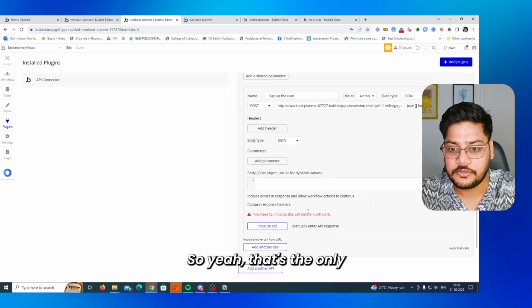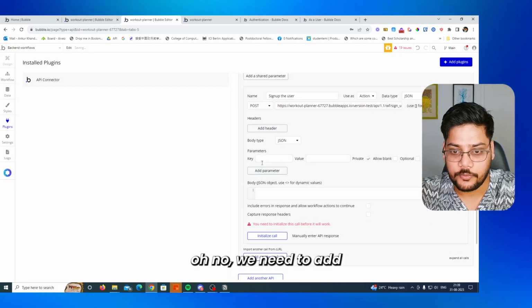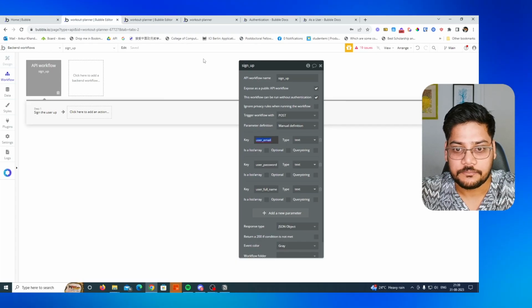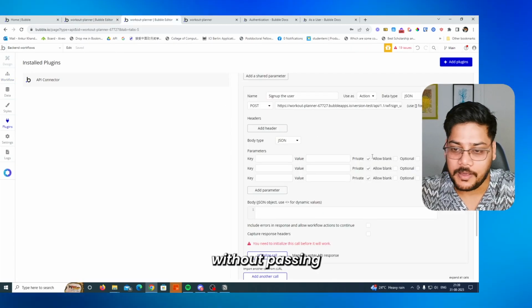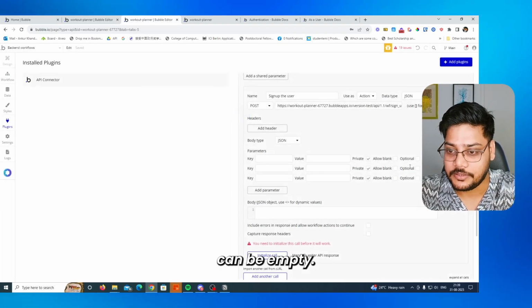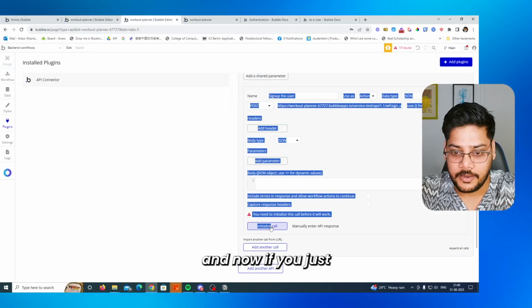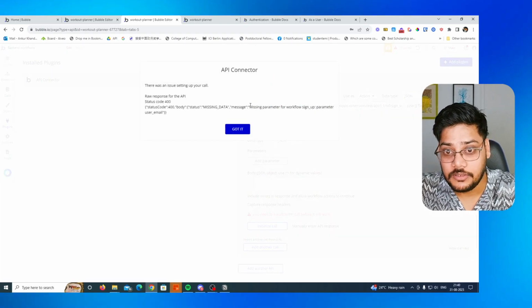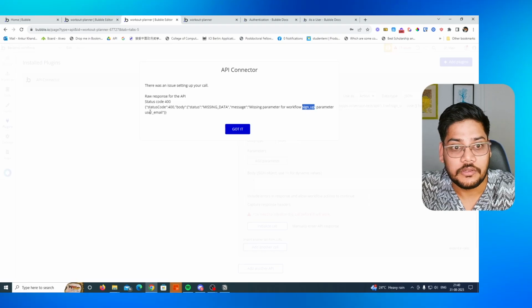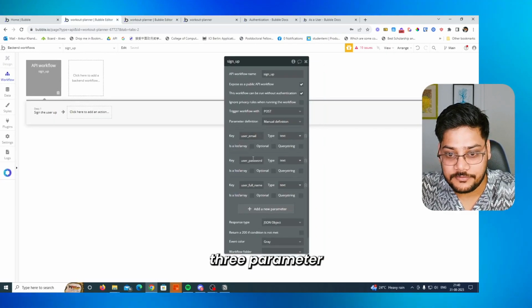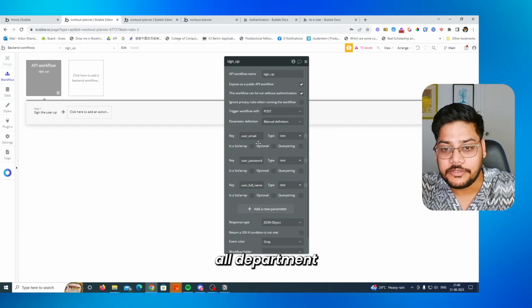So yeah, that's the only, oh no, we need to add one more parameter. All these parameters we need to enter. If you make this call without passing any parameter, you get an error: the parameter can't be empty. Now if you just initialize it, it will give you an error, missing parameter sign up user email. If you see here, we have used these three parameters and by default all three parameters are